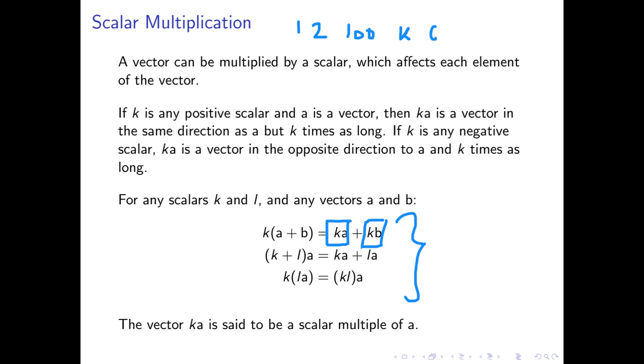Let's give numbers to K. Suppose K is 5, and we are doing 5 multiplied by vector A plus vector B. What will you have? You see that the result will be vector A being K times longer, that is Ka, while vector B would also be K times longer. So we said if K is 5, that